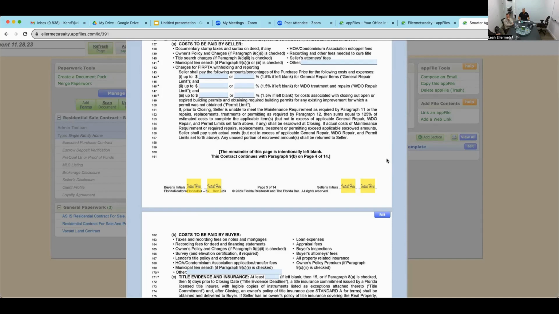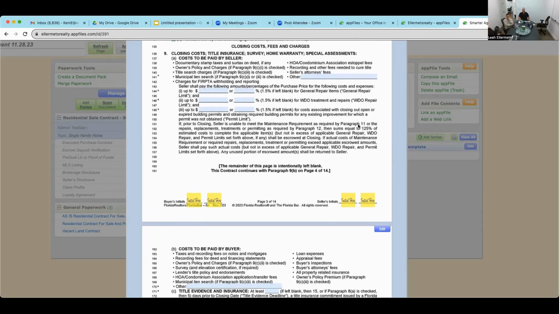What do you mean? During the inspection period on an as-is contract, they can walk away based on their sole discretion. Correct. Inspection period only. Right. Inspections were done. This was already determined. This is the amount that they predetermined that they would spend on it. So yes, if the amounts go above that, can they walk away? Let's read. Cause that's kind of the kicker is if they're putting $35,000 in an escrow